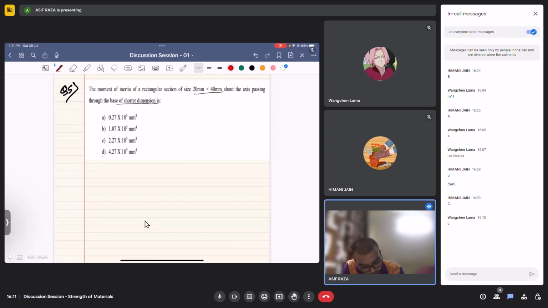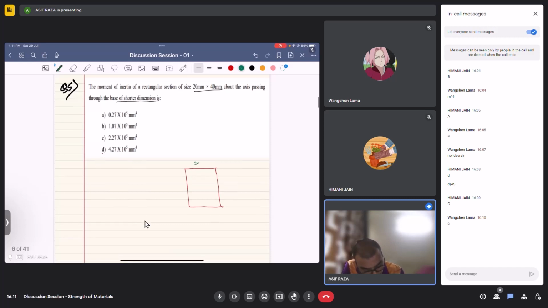Okay, so I'll take this as the rectangle, and it has a dimension of 20 by 40 mm, and the axis passes through the base of this. So this I'd say is I1. Okay, so we need to find this I1, and